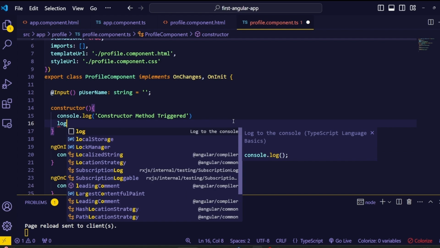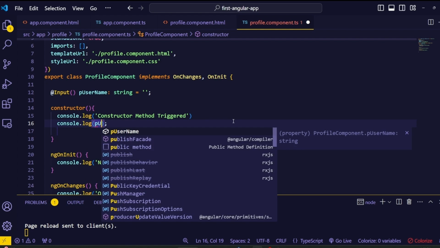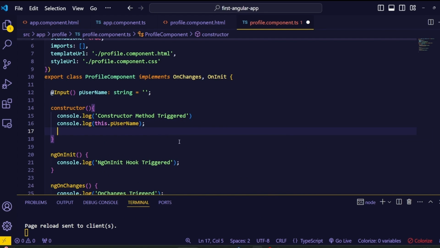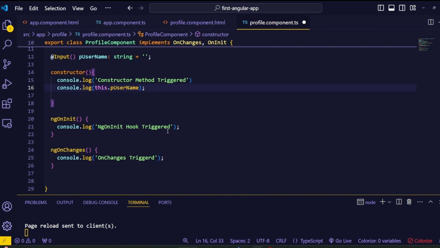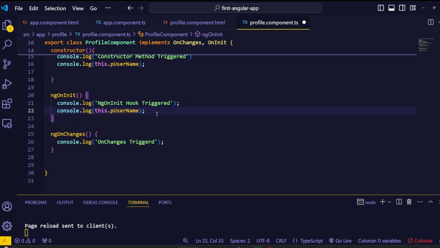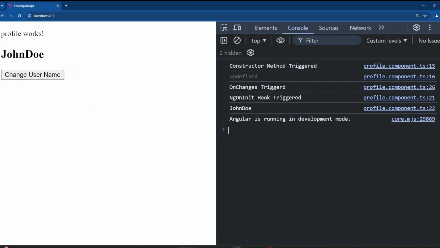So let's do this. Inside the constructor method, after this first log, add another log and add the input variable pusername inside the parentheses. This dot pusername. Now copy and paste this same log inside the ngOnInit as well. That's it. So now save this and refresh your browser. Look at the console logs. Can you spot the